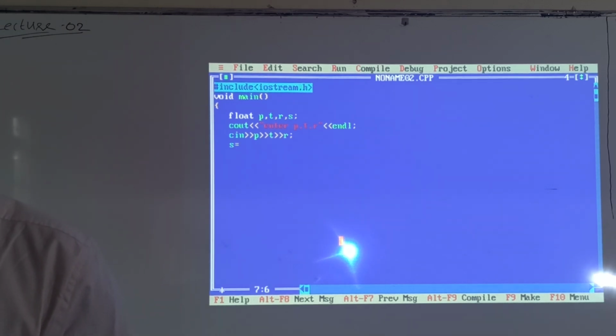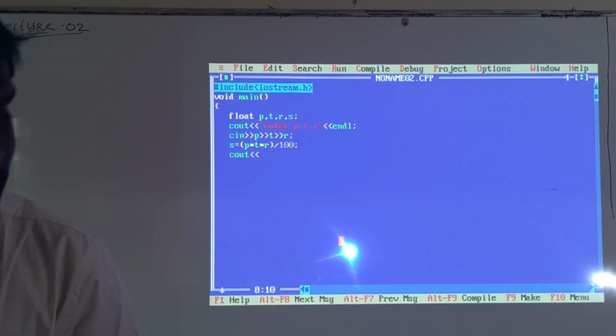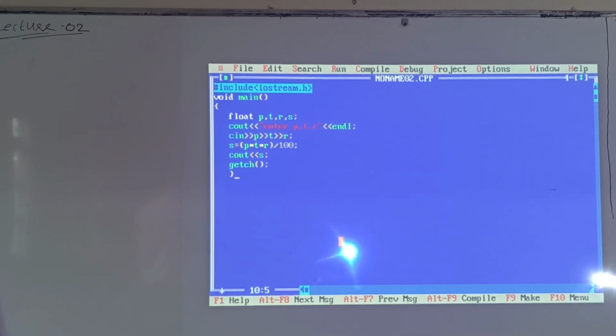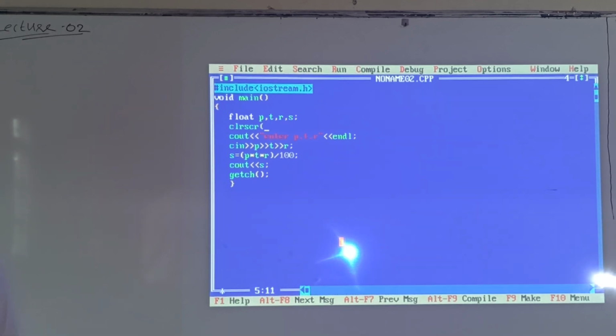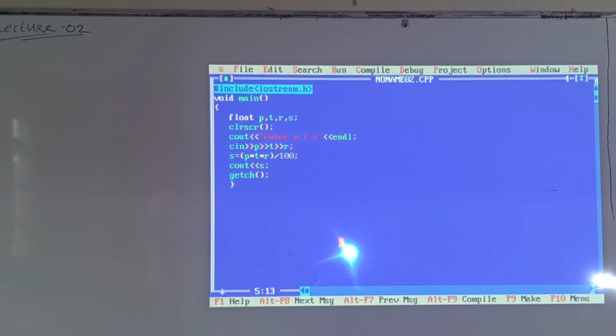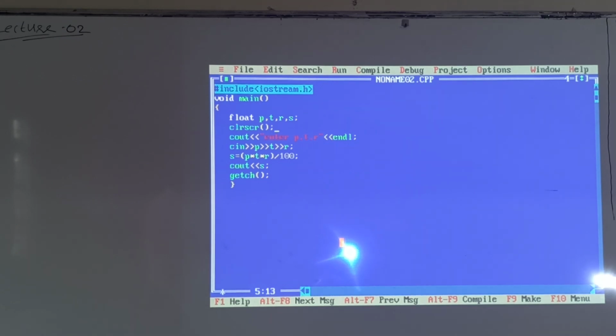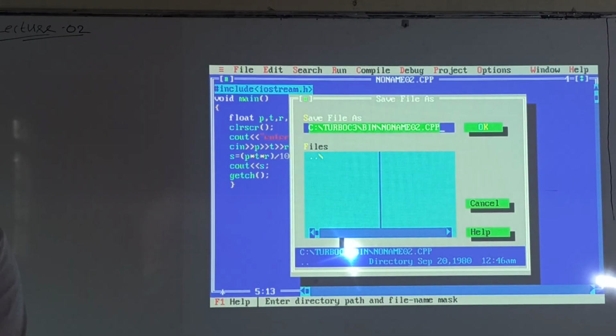Okay, next s is equal to p star t star r divided by 100. Cout, then getch. Save as simple.cpp.